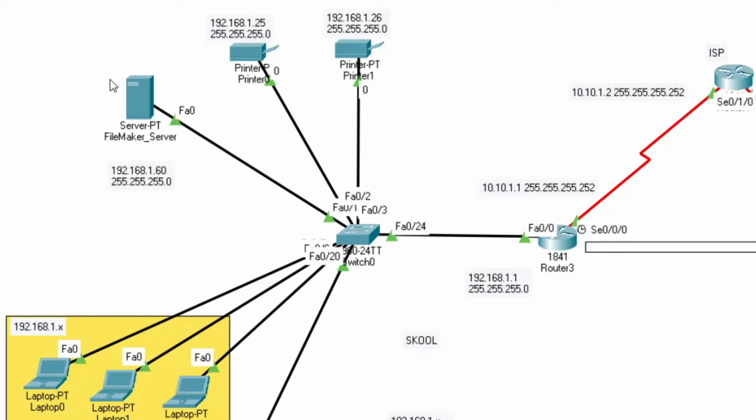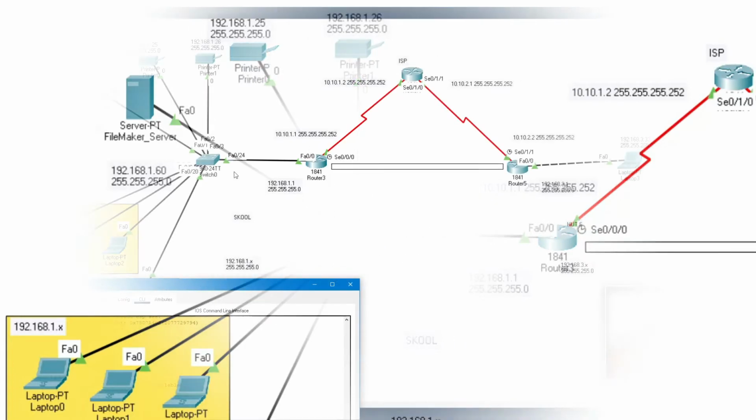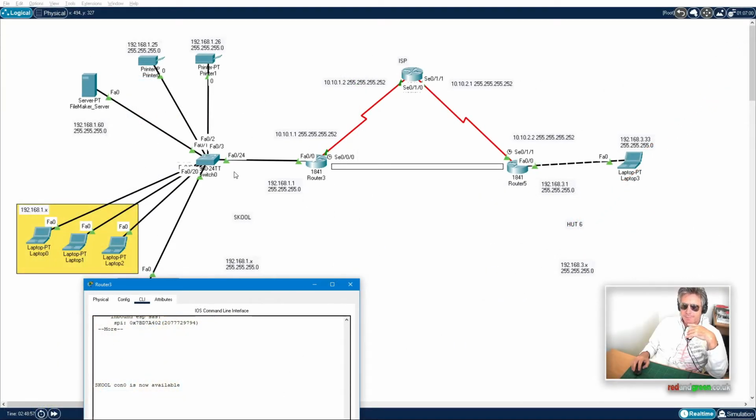We've got a FileMaker server, and we've got 2 multifunction printers, and we've got lots of people with iPads and portable devices. And one of the issues is actually controlling the firewall rules and the filtering. And potentially a good solution would be to put all of the clients, all of the iPads, onto, for instance, a network such as